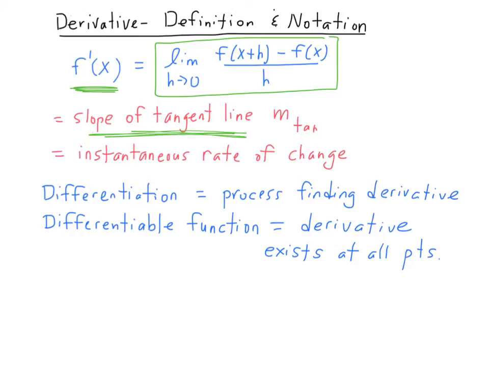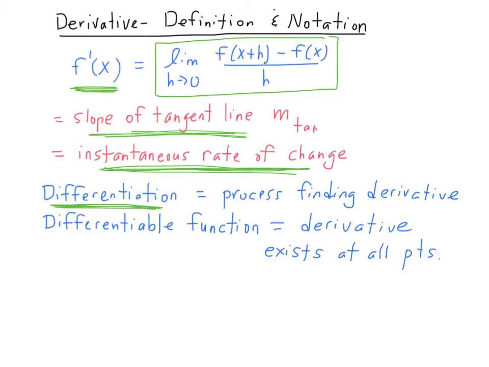And we know if we're talking about the slope of a tangent line, we're talking about the slope at a single point on the function. That means we're talking about really an instantaneous rate of change as opposed to an average rate of change. So some other terms here: